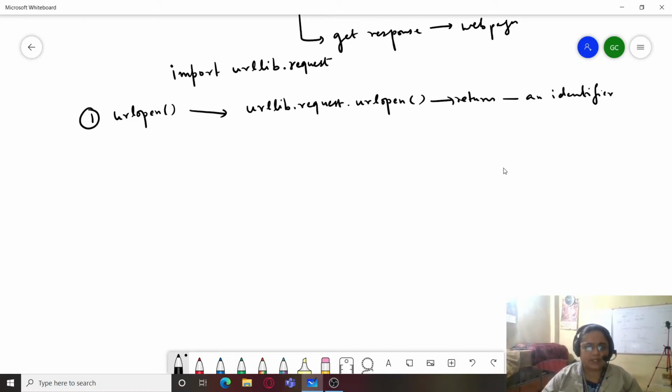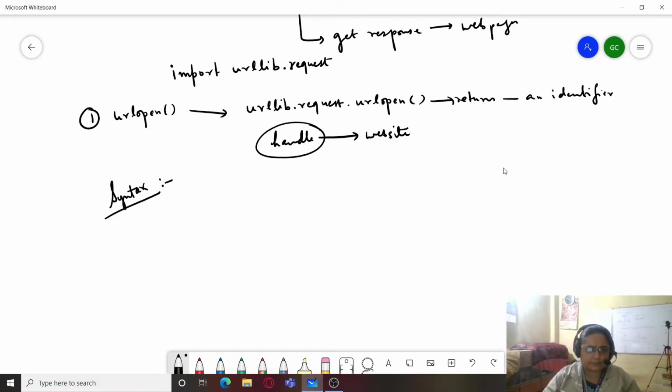An identifier which is like a file handle, which we had studied in file handling. So it is a handle which attaches itself with the website, and this handle allows us to perform all the operations on the website. With this handle, we can easily gain information, various different types of data. So how do we use it? We have to use an identifier. Its syntax goes like this.